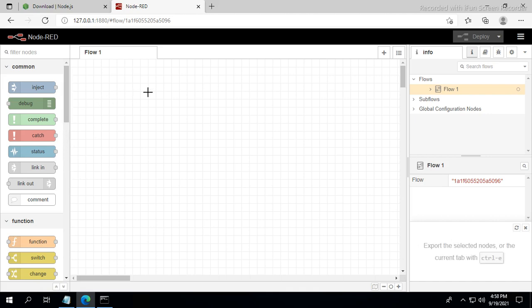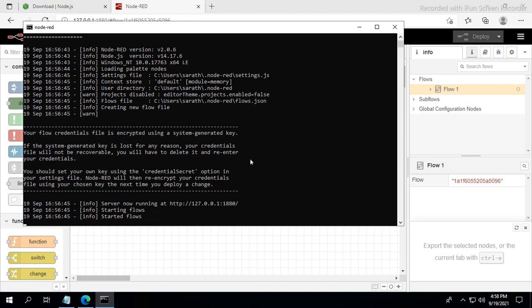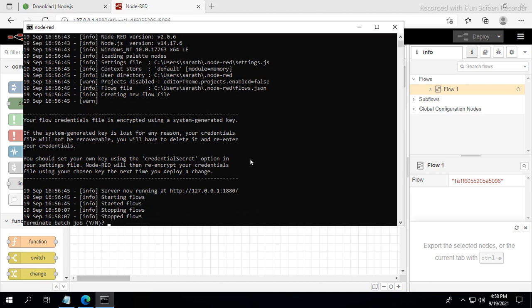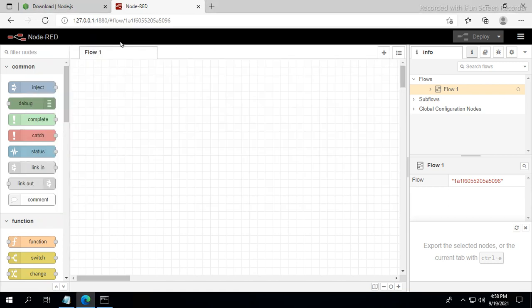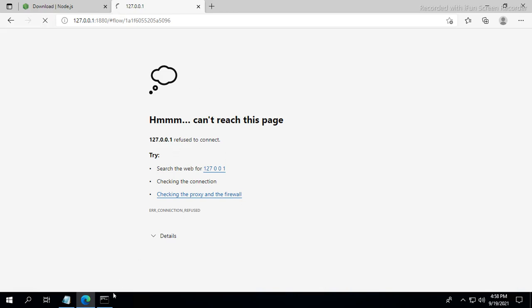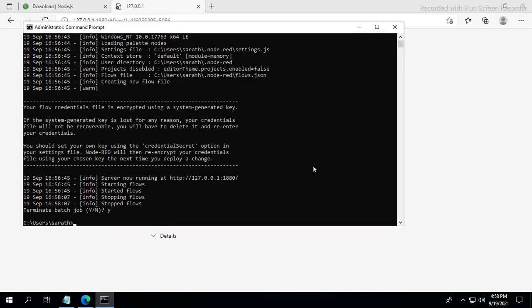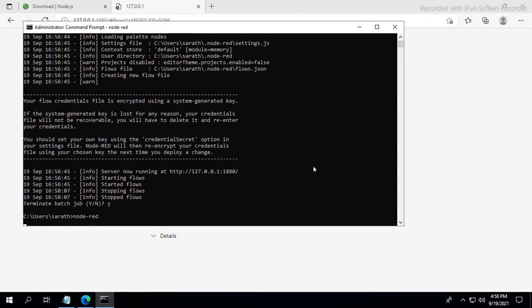Now I am going to stop the server. Control C, Y. Yeah, now the server is stopped. I am reloading the page. It's not loading because the server is stopped. Again I am starting Node-RED with the same command.